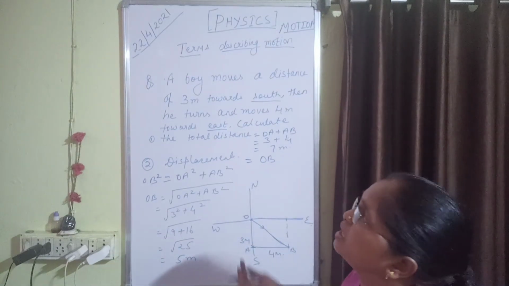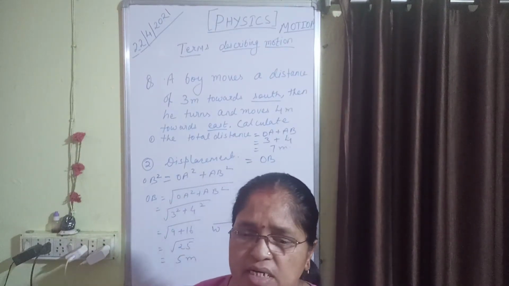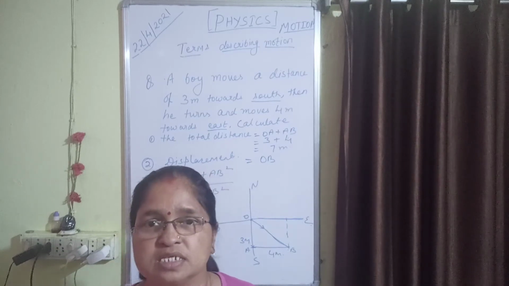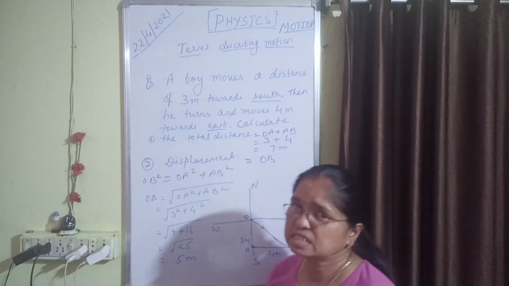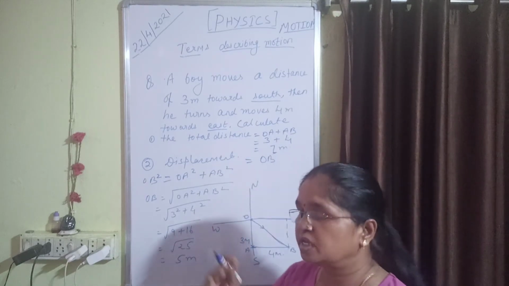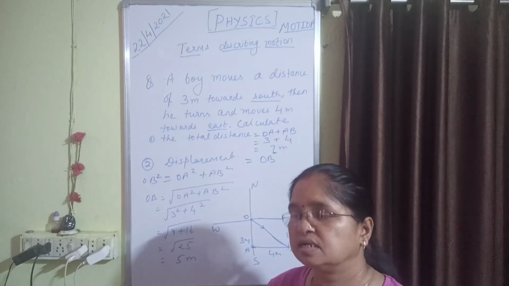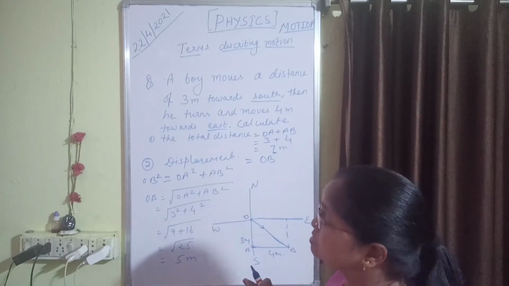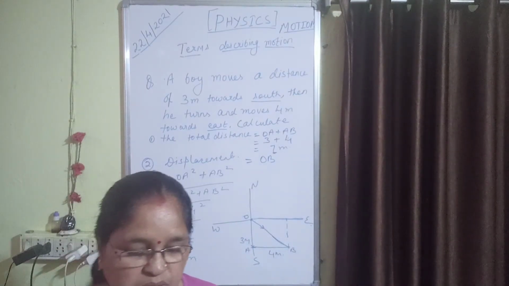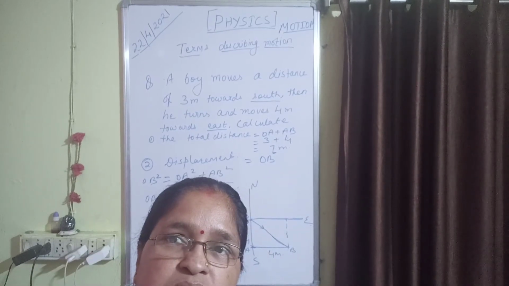Further I'll calculate, but now let's proceed towards what are the types, or you can say parts of the displacement. Distance can never be zero, क्योंकि अगर body move किया, if the body is changing its position, that means there is certain distance, but displacement may be negative, may be positive, or may be zero. So let's discuss, start one by one.